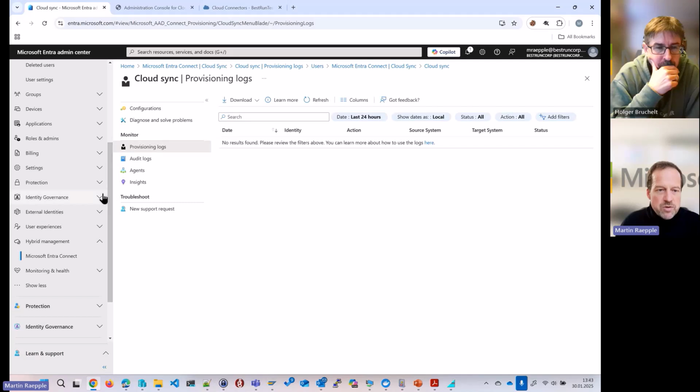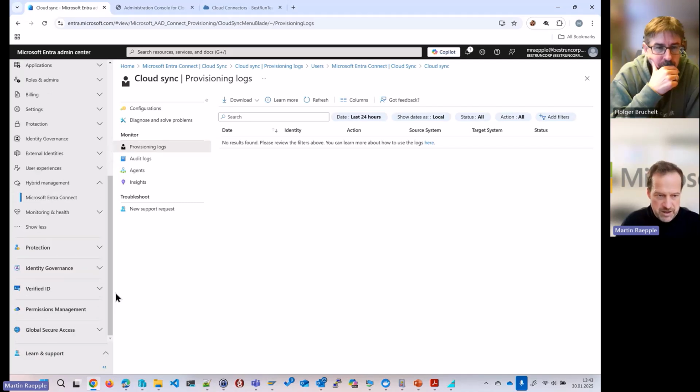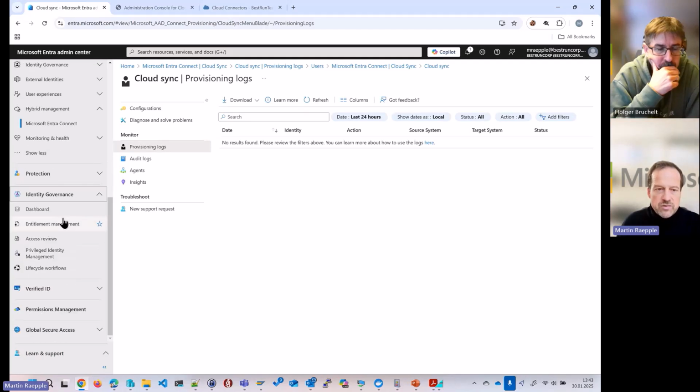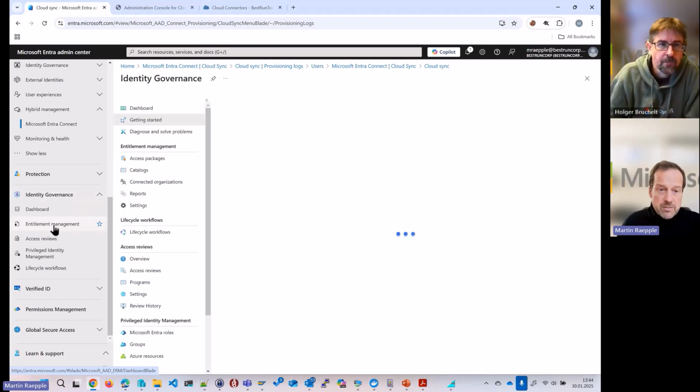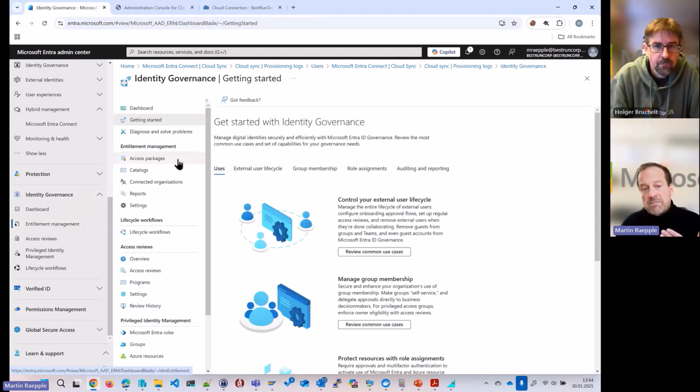And now let's jump to the access packages. Again, the access packages are really key here in order to automate the process of user assignment to groups and then finally to the permissions in the backend system. So when we go to identity governance, entitlement management, access packages are part of entitlement management.